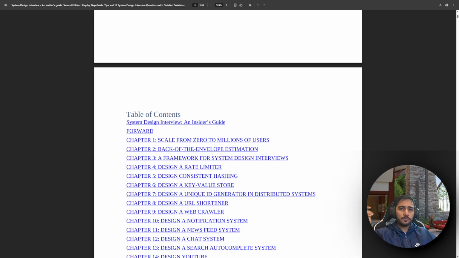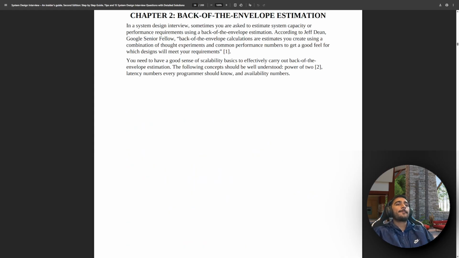And other than that, we also went over briefly how DNS works, the idea behind load balancers, how you cache, what a gateway is like, how to not have single points of failure, and the importance of having multi-regional availability. So yeah, that was all about chapter 1, scale from 0 to millions of users. Now in this stream or video, we will be going over back of the envelope estimation. That is chapter 2 of this book. Okay, so that was a quick recap, and let's get started.